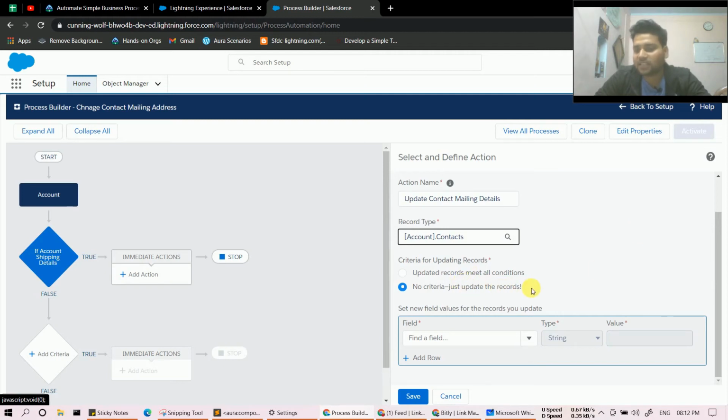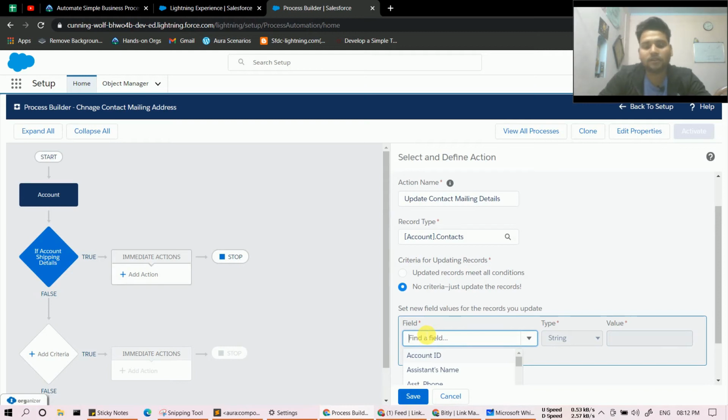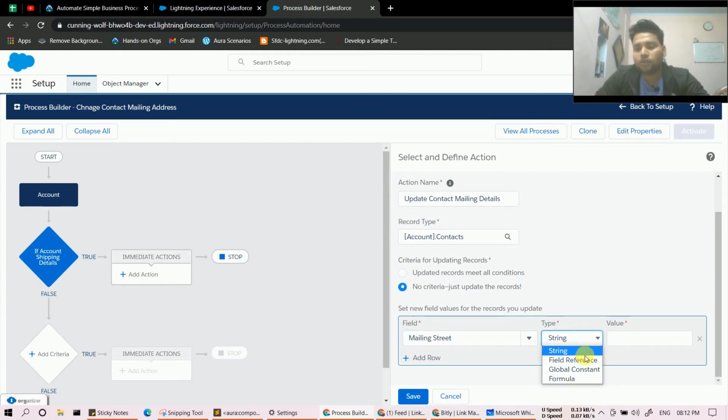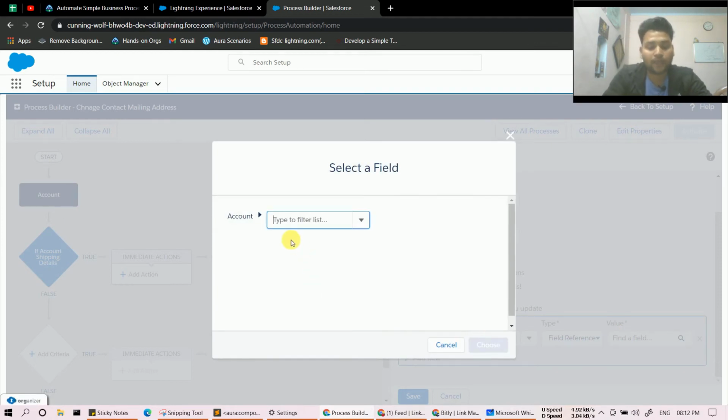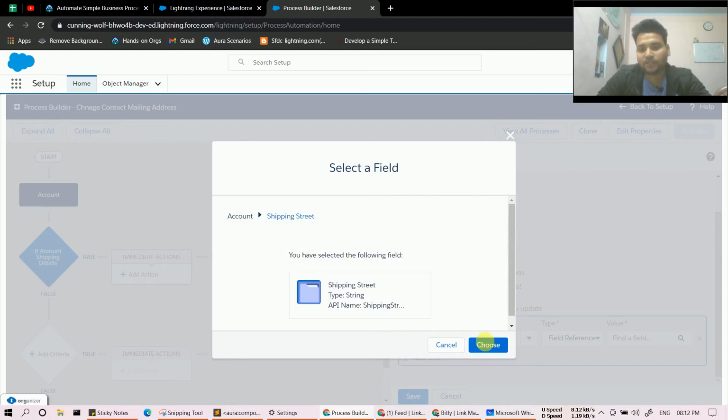Now here choose no criteria, just update the record, and here you have to select contact mailing details. So let's say first is street. Now in mailing street, you have to fill the account shipping street. So you have to select field reference over there, and here in account select street, and which is shipping street.